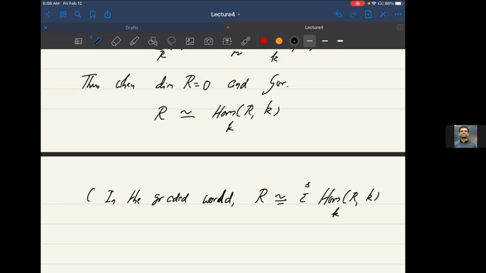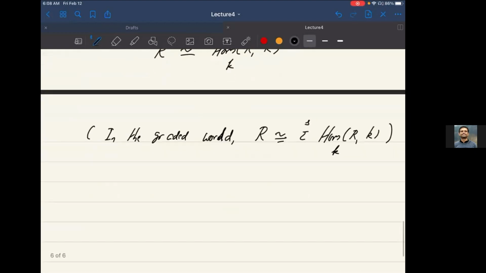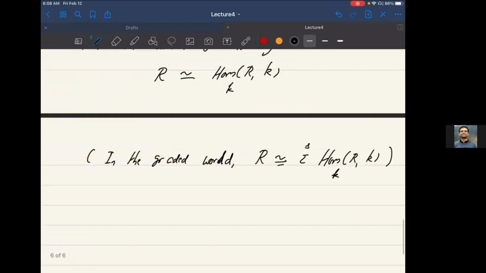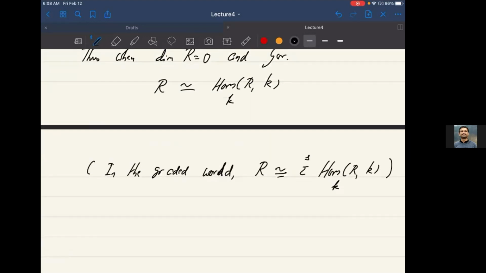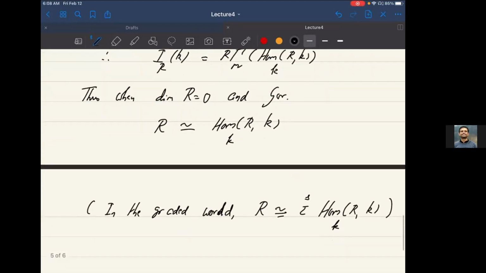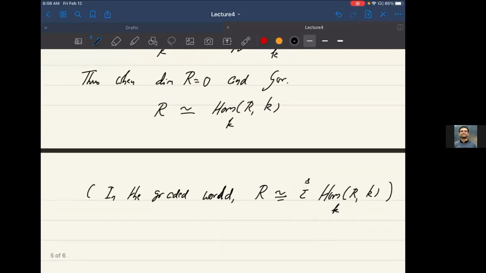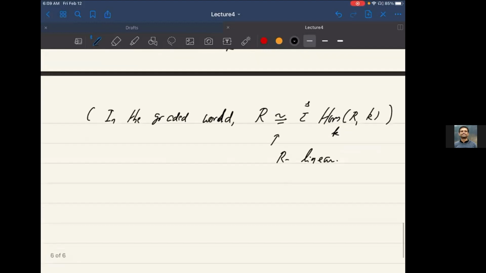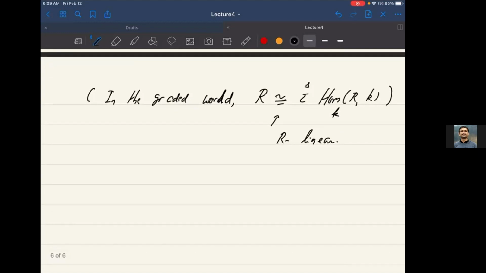But in fact, s would be what Somnath called the formal dimension of R. It's the highest degree where R is non-zero. So it's not so hard to see that this isomorphism is supposed to be R-linear. And if you unpack what this is saying, it is saying precisely that if you look at the map from here to here, this is non-degenerate.